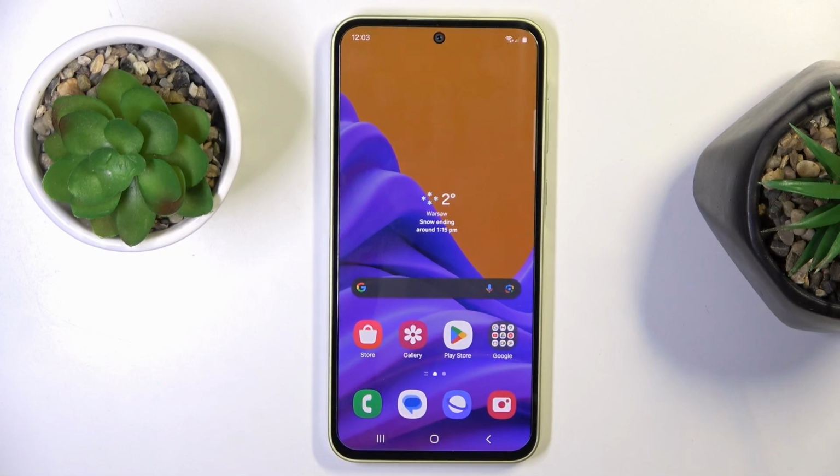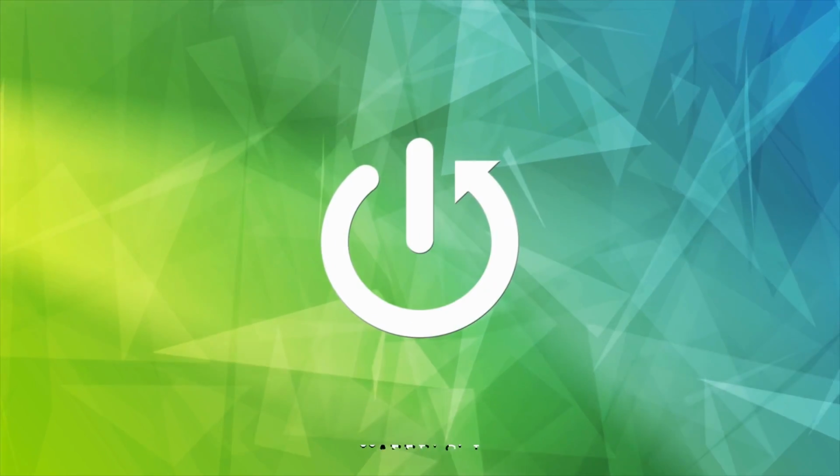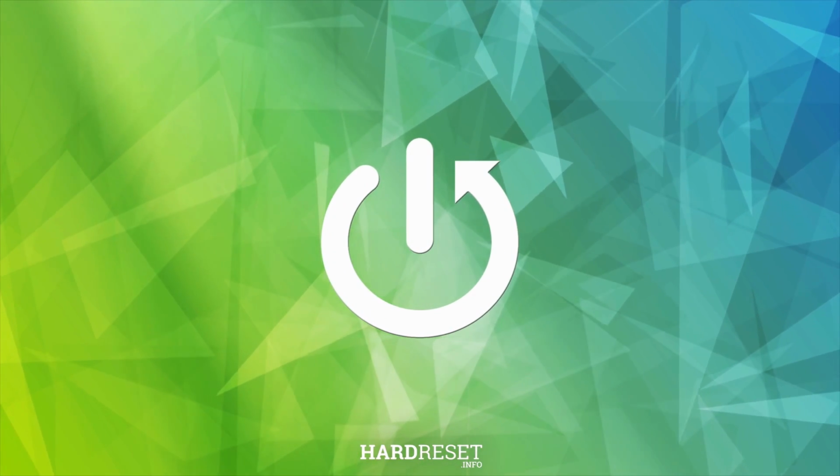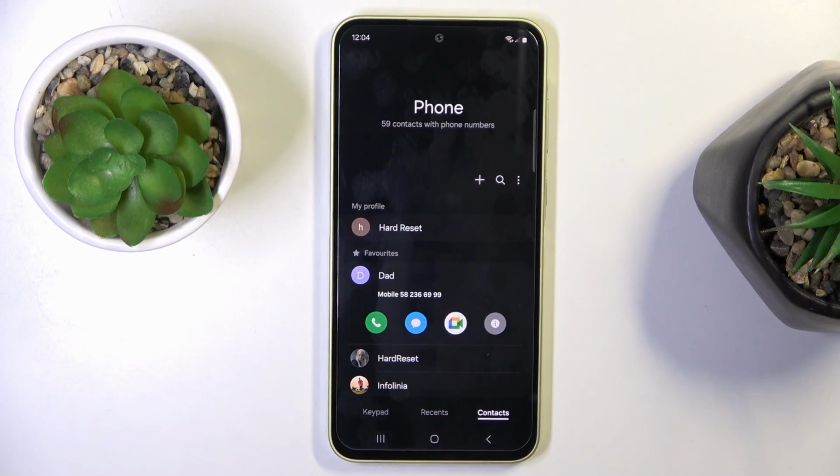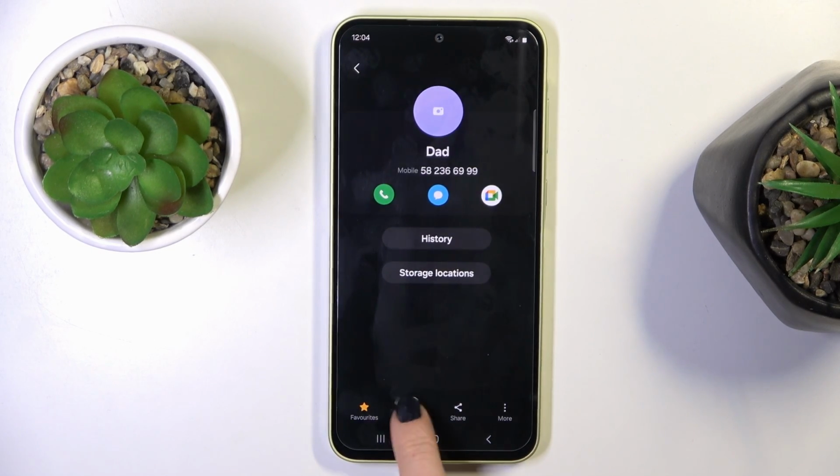Hello everyone, in front of me is Samsung Galaxy A35 and let me show you how to add photo to contact. First of all, open your phone dialer, then select the contact that you want to personalize, mark info and select